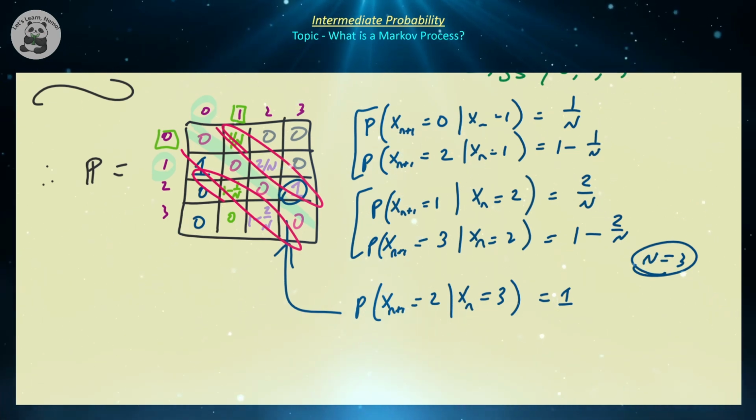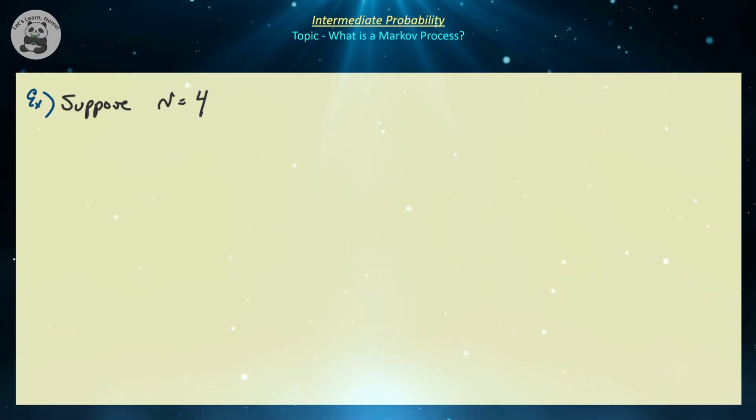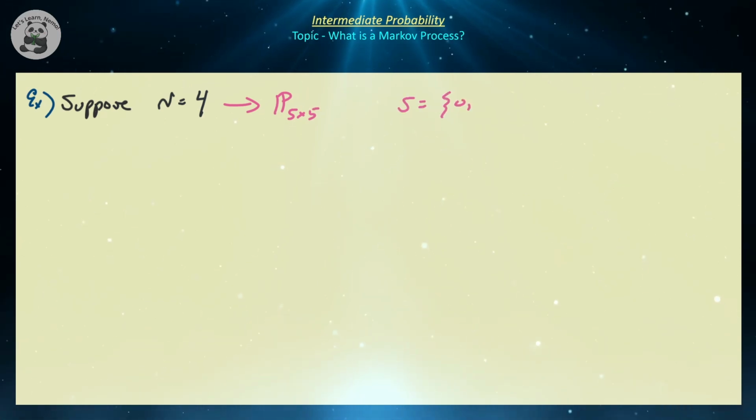So let's look at a numerical illustration of what this actually looks like, but instead of doing N equal to 3, see if you can build the matrix where N is equal to 4 before I show you the correct answer. So let's assume that we have 4 total particles across both of these containers with one membrane separating these two. So what is the size of our stochastic matrix? Well, P in this case is going to be 4 plus 1 by 4 plus 1, which is a 5 by 5, because the state space is going to be 0, 1, 2, 3, and 4. Right?